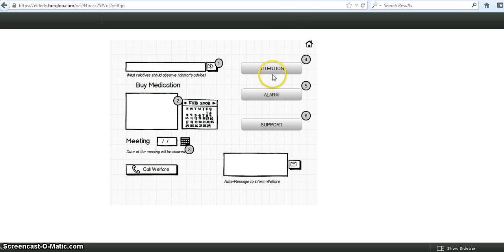3 buttons on the right side are part of the notification center. Attention and alarm are parts where carers will get critical and non-critical notifications. Attention example, fall from the chair but person is okay, or alarm example, fall from chair and broke her arm. In these cases further decision should be made. Support is the button where carers will have notification when their relatives have a need for